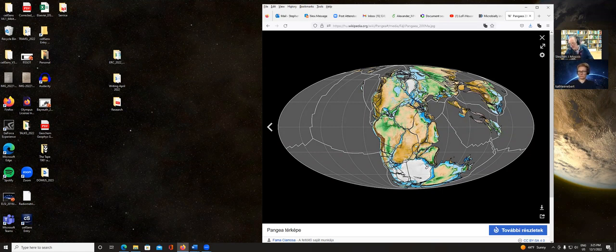And the coal deposits of the world, a lot of them were deposited in Pangea time because of these vast forests that covered the planet. It's remarkable how much of an effect something that existed 300 million years ago still has on life on our planet.